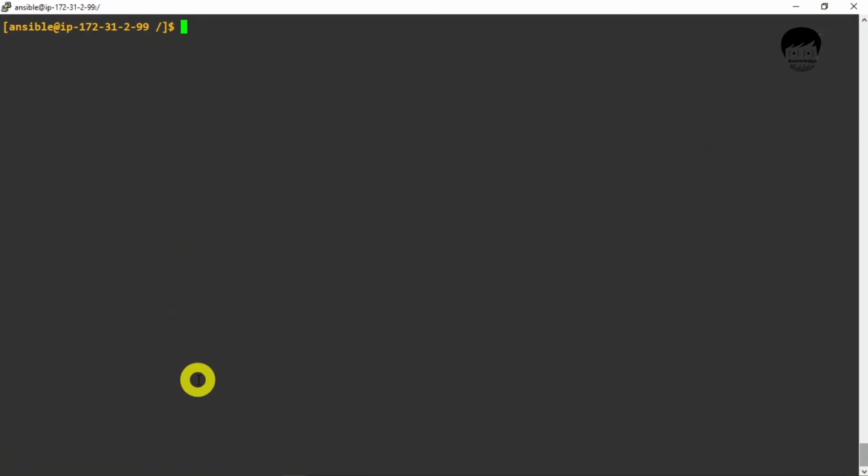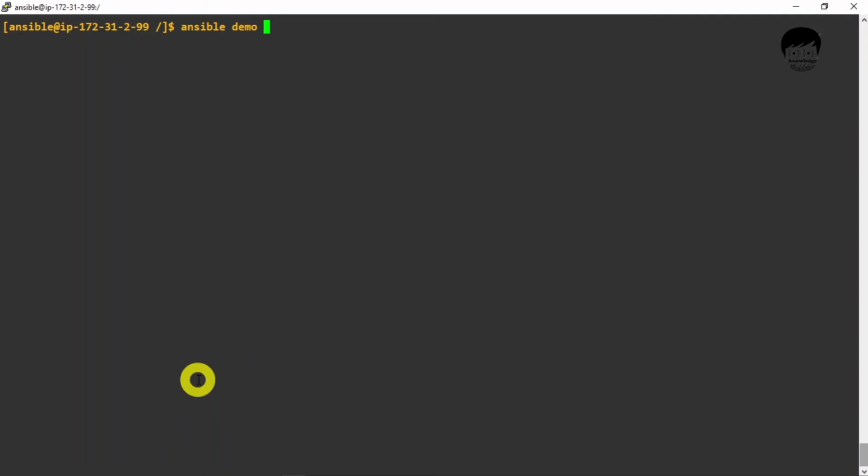And now this is my machine, which is the Ansible server. So we have to try to find some command. If you remember, we have created one demo group. In that file we have added node 1 and node 2. So we will check whether the demo group is present or not. For that purpose, ansible demo.